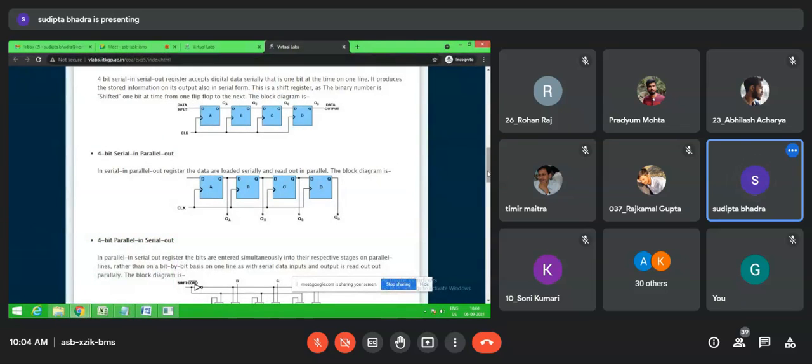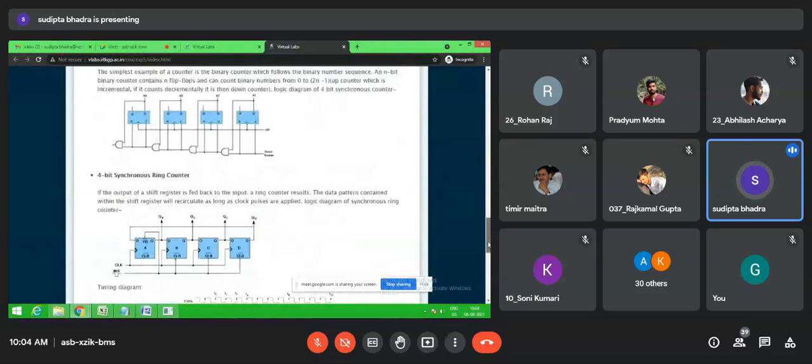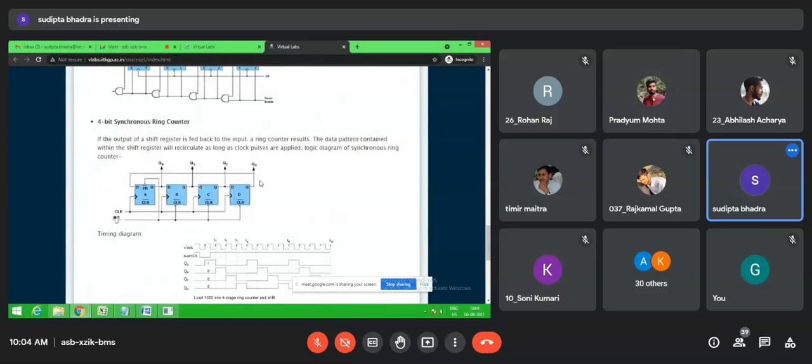In case of a counter, say for example, a ring counter. Although you have to do the up down counter, in a ring counter what happens is that one pattern is